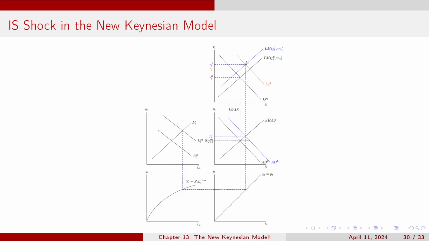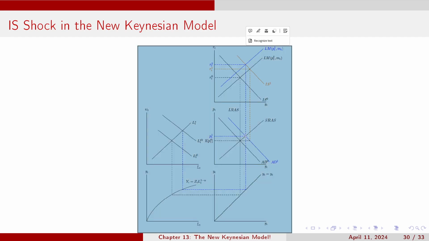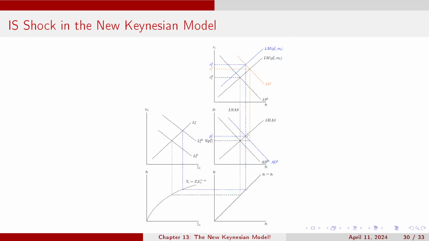The LM curve shifts in due to an increase in the price level. So we move along this aggregate demand up to this point where short-run aggregate supply and AD1 are equal to each other, giving us a price level PT1. Now that increases the real interest rate from our initial point, RT0, up to RT1, which is where we were over here. And the real interest rate increases a little bit more as the LM curve shifts in more and more and more. So now we're here, PT1,